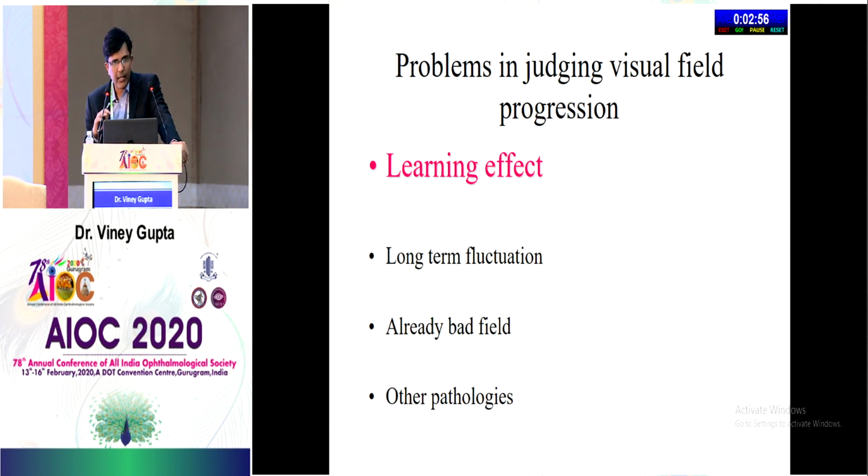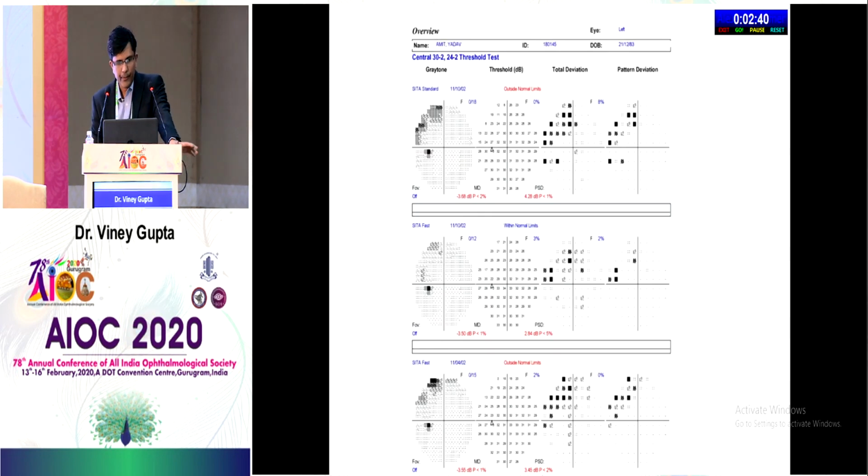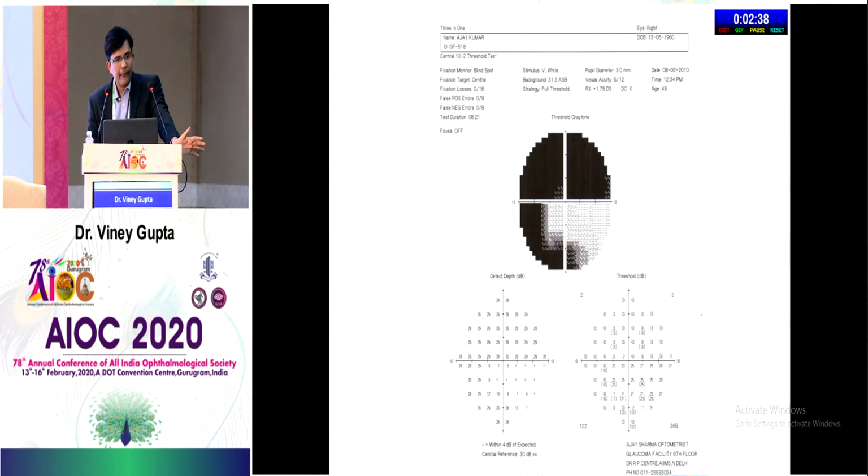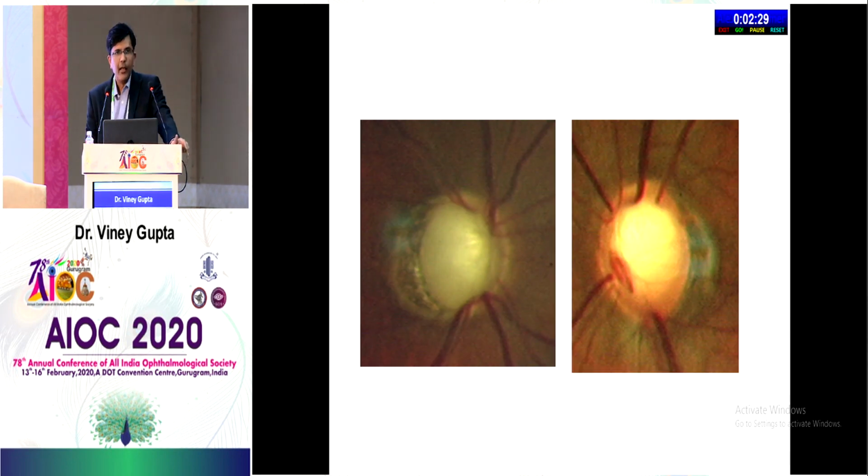I showed you the learning effect. There could be a patient who is learning. There could be long-term fluctuations, because glaucoma is a disease where the patient will say, sometimes I see well, sometimes I don't see, especially if the defect is advanced. So there will always be some fluctuations in the way visual fields are carried out. And if it's already a very bad visual field, then again it's very difficult to tell whether progression is happening or not happening. And finally, as I said, there could be other pathologies along with glaucoma